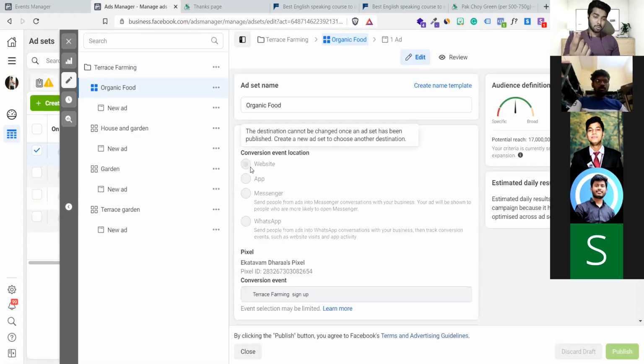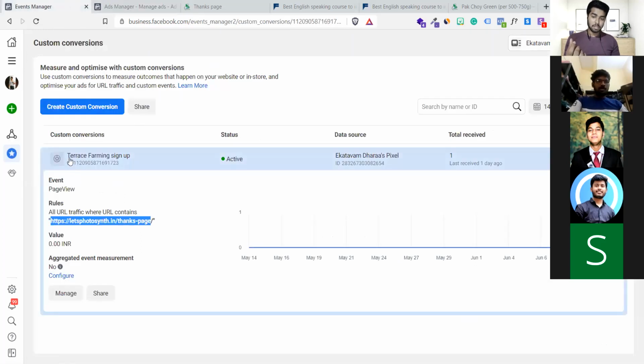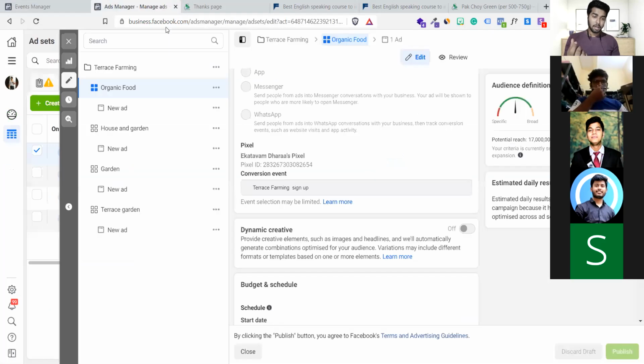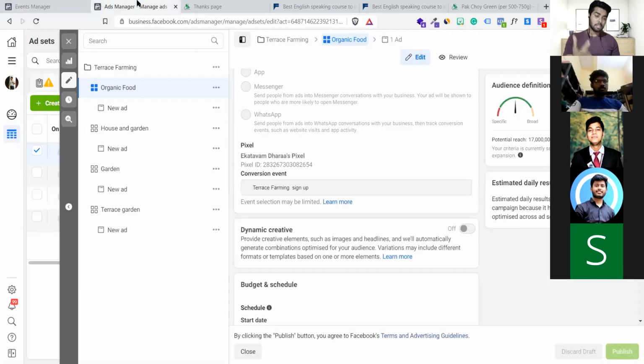Again, you can see the moment I'm using this website, it is asking me for a conversion event. What is a conversion event? The conversion event name is this terrace farming sign up, and you can clearly see it has been added here. After creating a custom conversion, your question should be where to add it. The answer is you have to add it in custom events under this area.